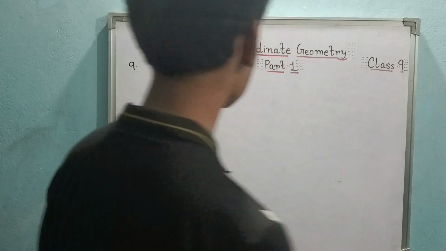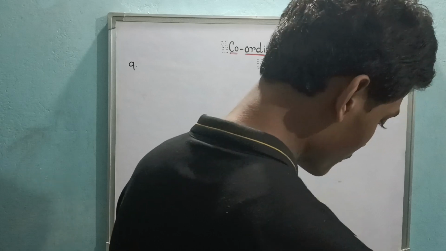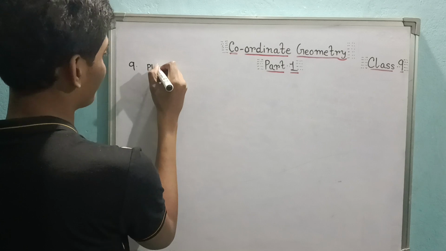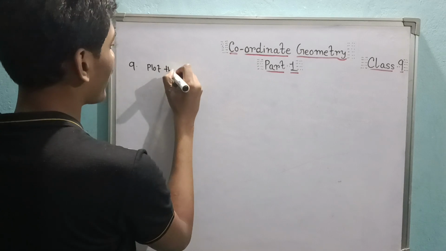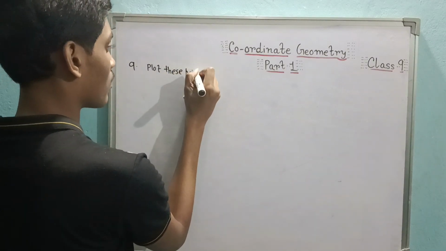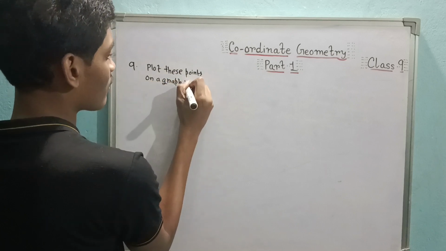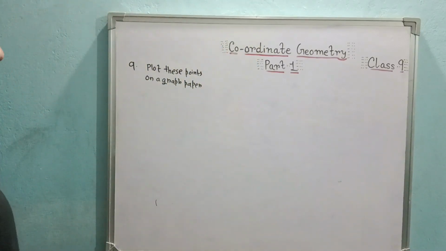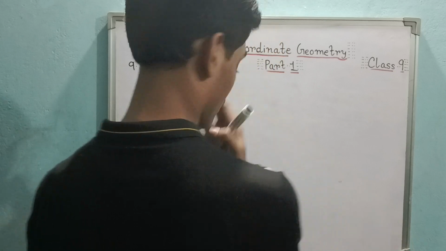Now the last one, which is a huge question. Last question, obviously. Typical coordinate geometry question. Plot these points on a graph paper, which I can't bring now. I have to draw a graph paper, obviously. Plot these points on a graph. I'll draw a big one so that you can see everything. I know how a graph paper looks, but I can't draw the typical one. I'll draw an assumed graph paper. Just the Cartesian system I will draw, and the points are these: